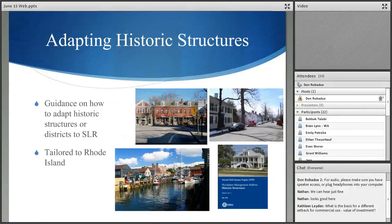Historic structures is another issue that's very important to us. A lot of very large concentrations of historic structures within our coastal communities and also along the rivers where we experience flooding. And when we first started to look at this issue with our historical preservation people, adaptation did not exist in their vocabulary 5 years ago, 8 years ago when we first started this discussion. It now does, and we just held a national conference here in Newport, in fact, looking at this issue,